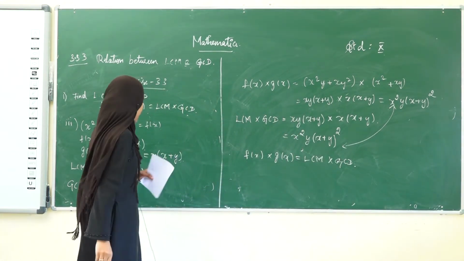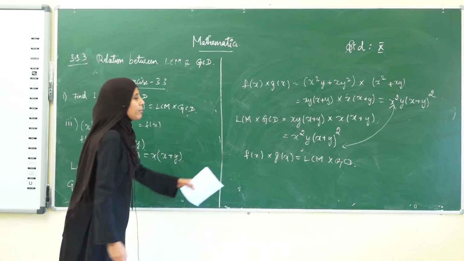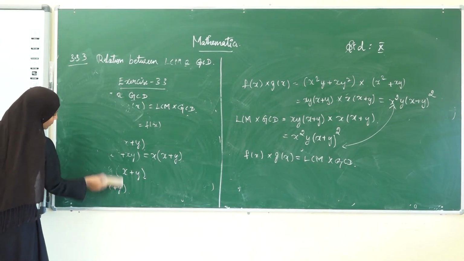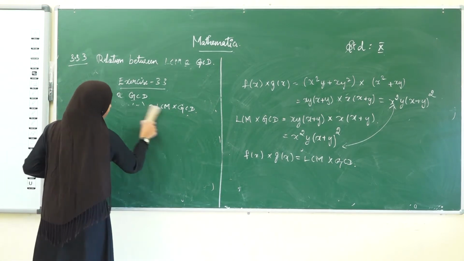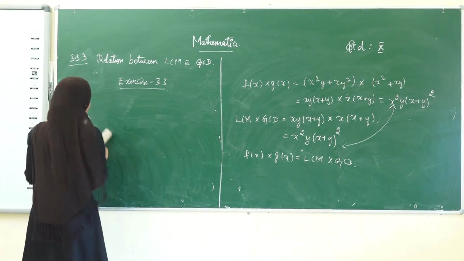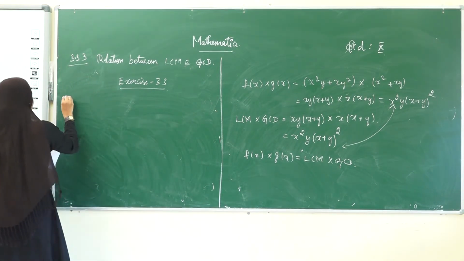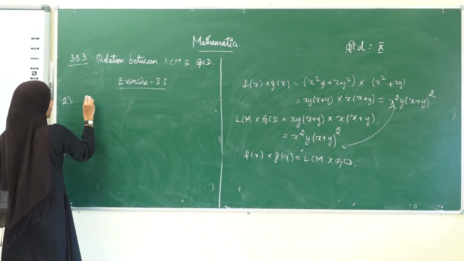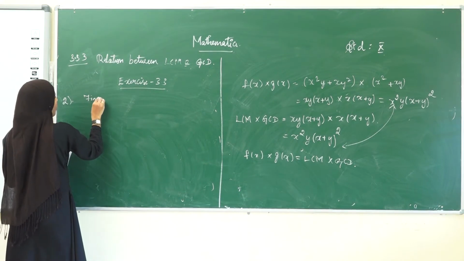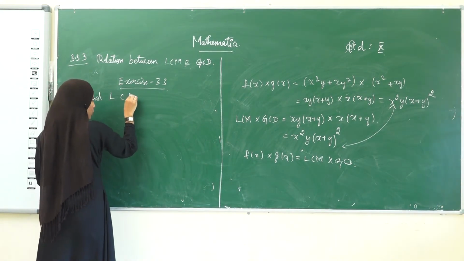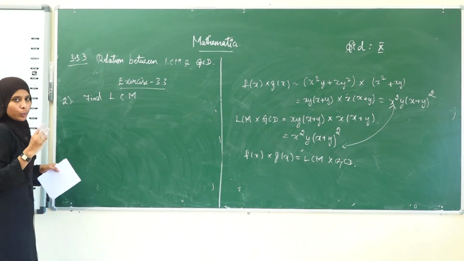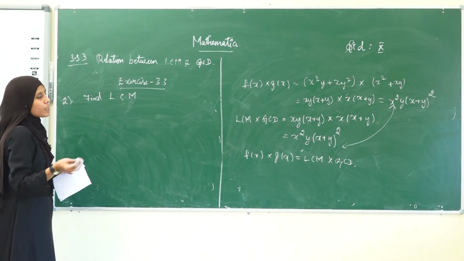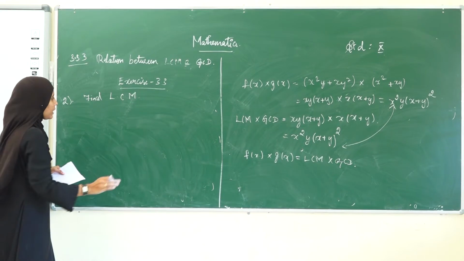We have found the LCM and GCD, and we have also verified this. Okay, hope this is very easy. You can do it very easily. So that's why I have given you the second subdivision of this sum as an assignment for you. So now let us see the second sum. What's the second sum? What have they asked us to find? Find LCM alone. Okay, they have given two polynomials, and in the question they have also given the GCD of the two polynomials. We are just going to find the LCM.